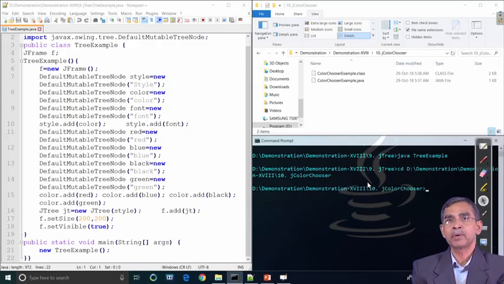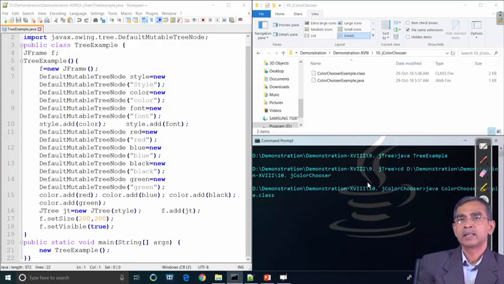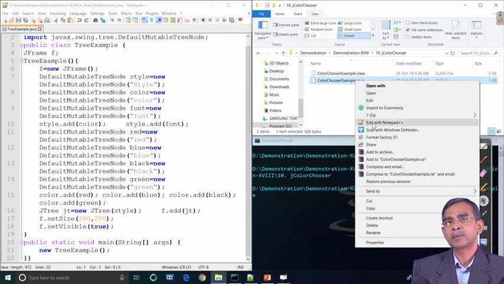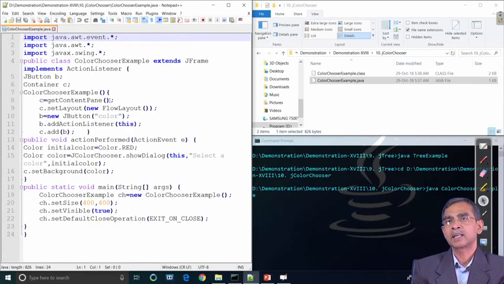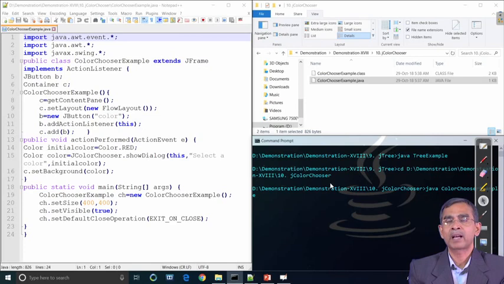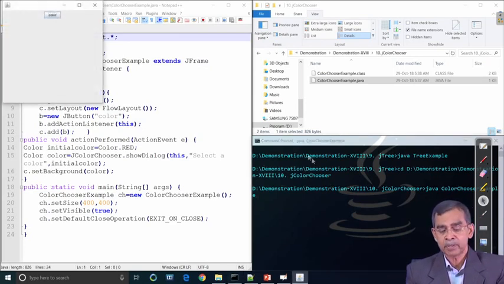Our next example is the color chooser. As you know, you can set the color using a choice, as you have already experienced in some other demonstration session, but here, with the color chooser, Java Swing gives you a general palette of the different colors, and from there you can select a color of your own choice, and then that color can be set as a background or as a font color or whatever it is. And this is an example that can tell you.